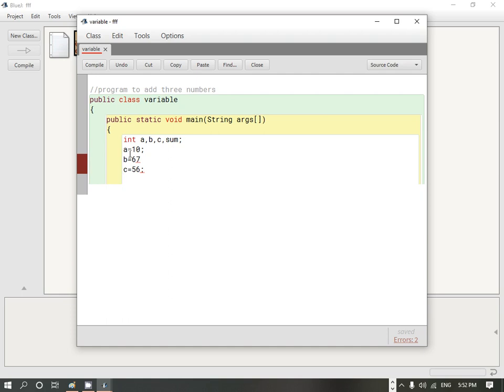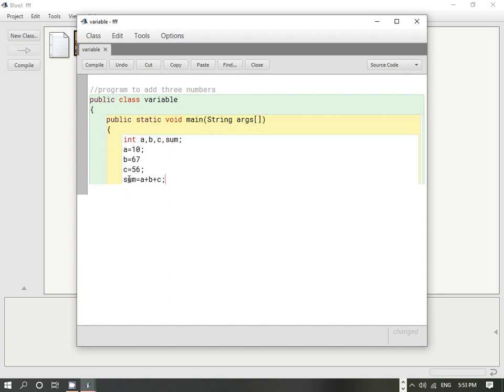Now in this program we are going to find out the sum of the three numbers. So the formula we will write down: sum equal to a plus b plus c. Now one very important thing in programming in Java is that whenever you are going to assign any value to the variable, then that variable name should be written on the left hand side.